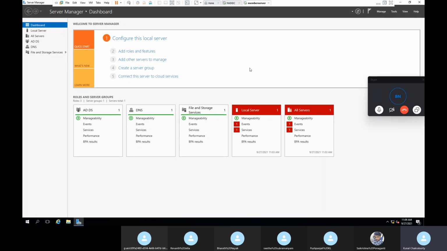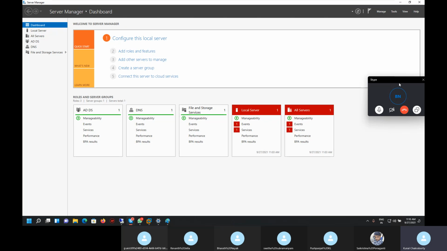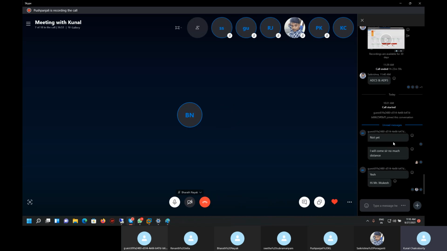All right. If it is clear, then I will reset everything in this member server, so that we can do network load balancing. Otherwise, we would have to install one more. So whatever I have done, I will just remove. Do one thing. Close this recording, name it as sites and application, and record once again.